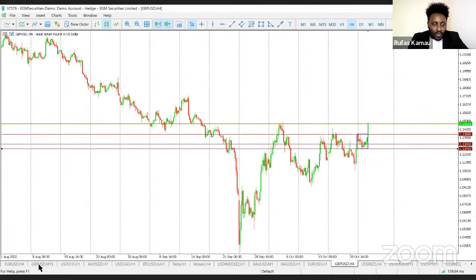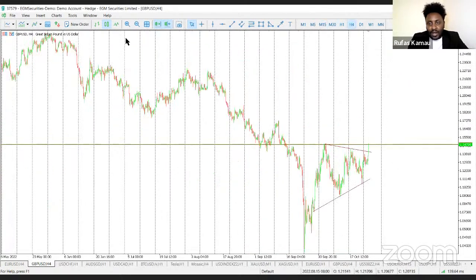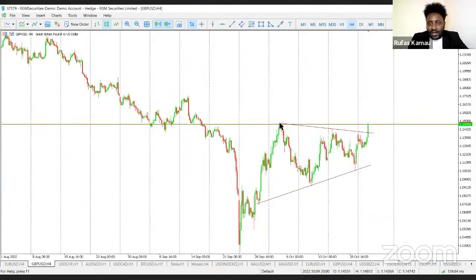So what we are seeing here on the Pound USD is a major break of a major trend line. We have this trend line that has been holding here. You can see this particular high of this week, followed by last week's high, was forming a major resistance level here. And at the same time, if you look at the support levels, it was clear on the forward chart that the Pound USD was trading a triangle. This break confirms that now we are headed higher, since simple analysis will show you that the lows have been getting higher, and also the highs have been getting lower, but the new high is expected to be higher than the previous high, indicating a bullish momentum. So this has a profound effect on other markets.